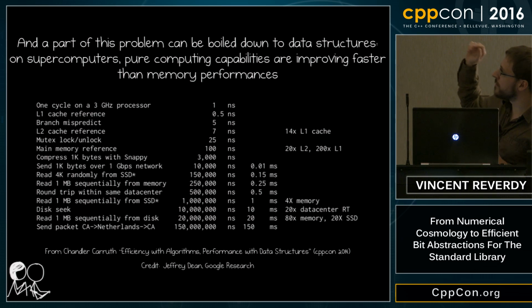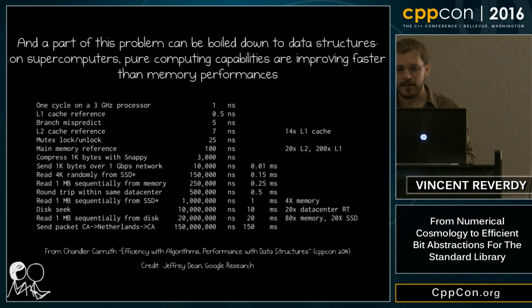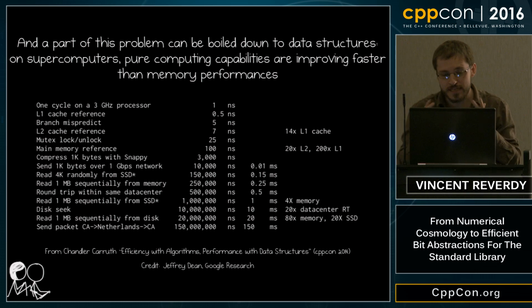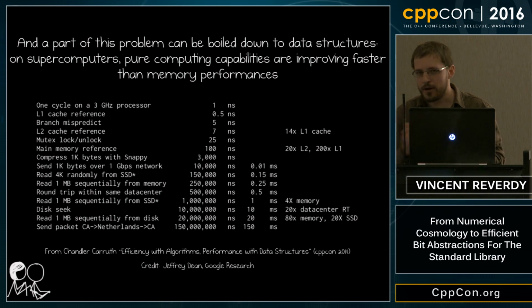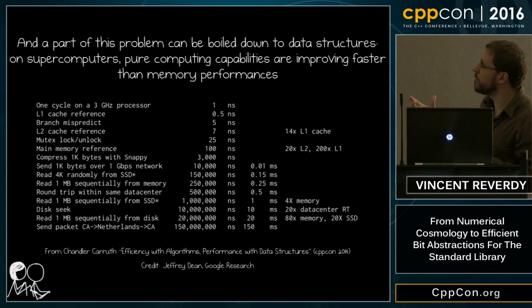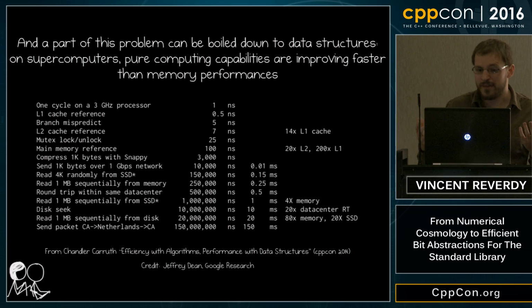So this slide is stolen from a talk from Chandler, one or two years ago, I think. And I think it summarizes very, very precisely the problem we have now for high-performance computing. And this problem is that you have a lot of computing power, but every time you try to access the memory, you can lose cycles, hundreds or maybe even thousands of cycles if you try to access, like, a hard disk drive. This is a problem, because now we need to optimize the codes for cache and memory access.